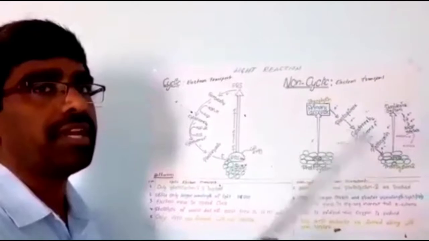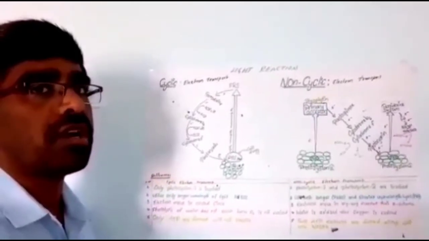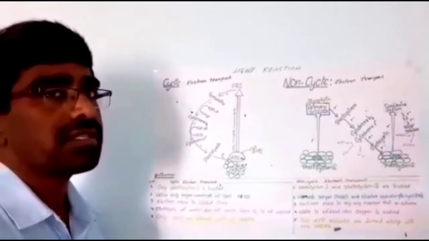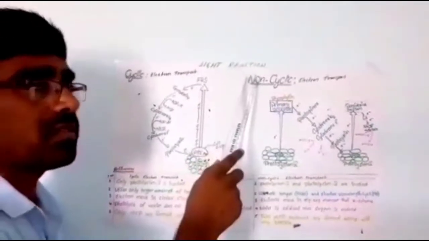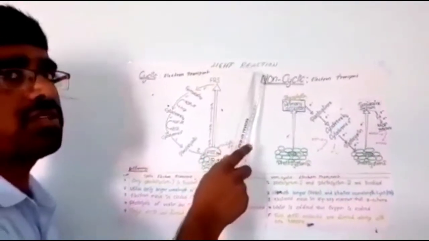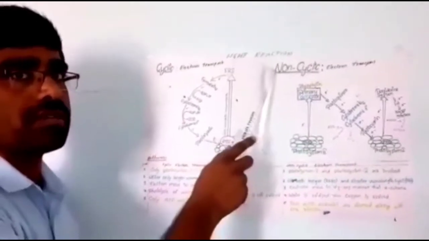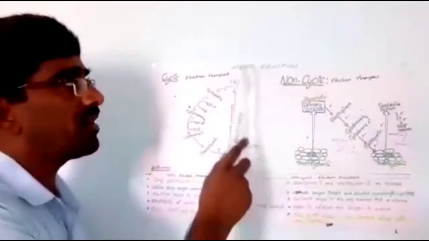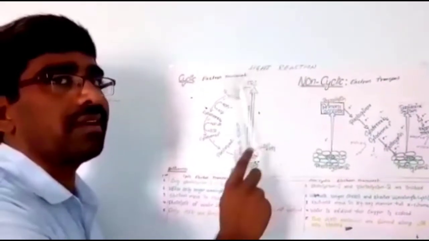ATP and NADPH2 forms of energy are used in the dark reaction for synthesis of starch. First we try to understand the light reaction process. Generally, light reaction takes place in the chloroplast. In the chloroplast, grana and stromal regions are present, but the light reaction takes place in the grana